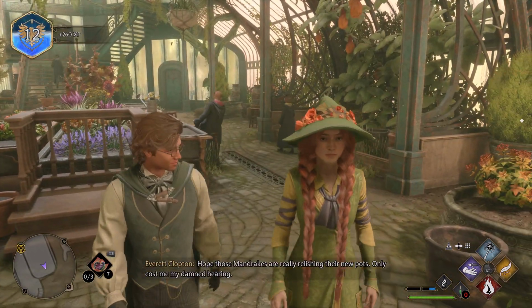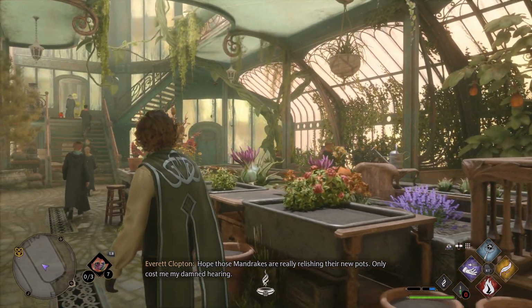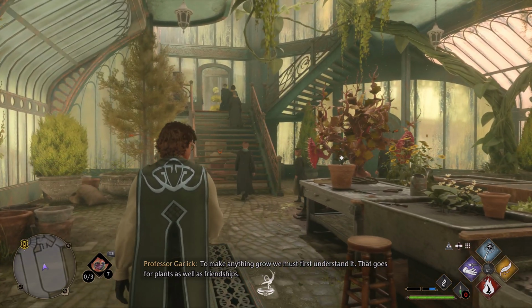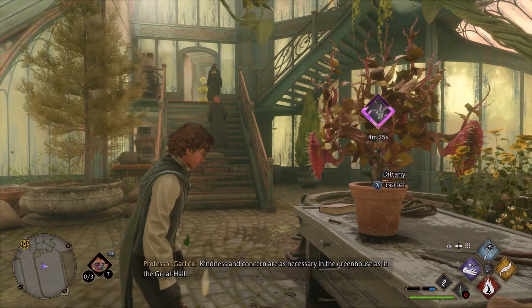Those mandrakes are really relishing their new pots. Only cost me my damned hearing. To make anything grow, we must first understand it. That goes for plants as well as friendship. Kindness and concern are